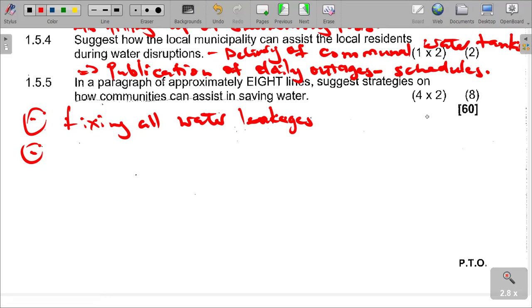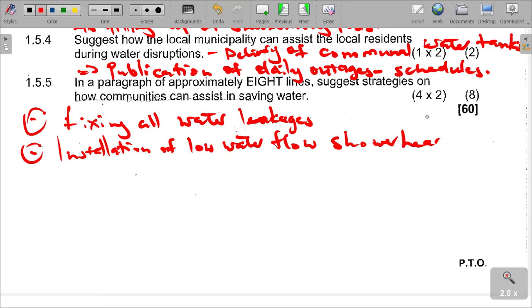We can also talk about installation of low water flow shower heads, and also dual flush toilets. We can also talk about